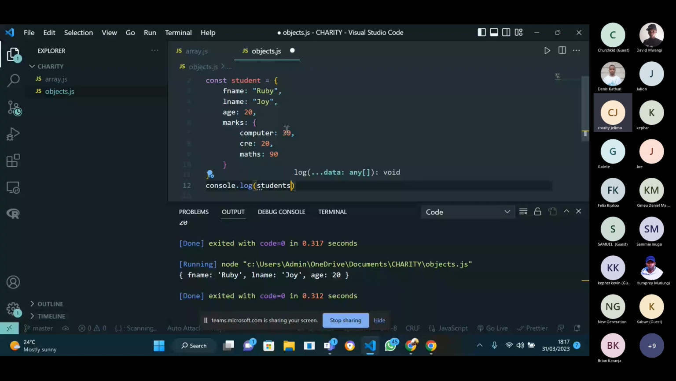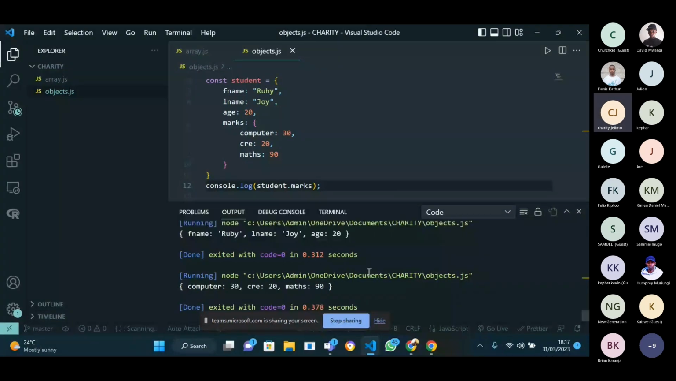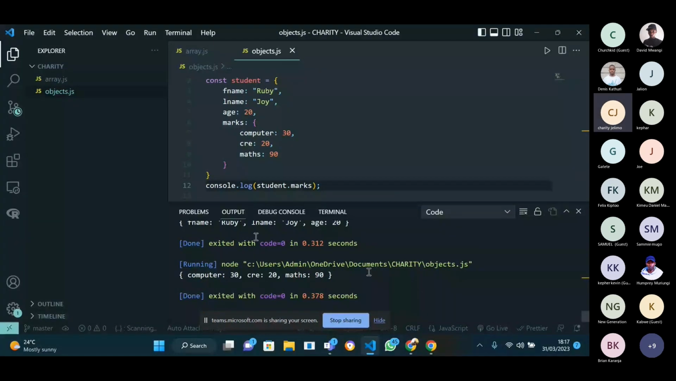Dot marks. Let us see what happens. Student.marks. This is the output. Marks, the properties of the object marks, we have computer, which is 30, CRE 20, maths,